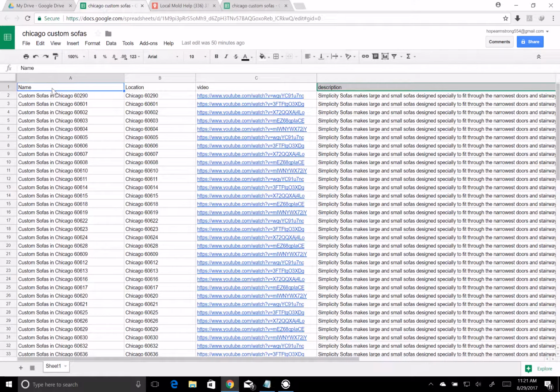But again, the name field is the name of the pins. The location is where those pins will be created. In this case, they'll be created in the center of a zip code. Could just as easily be separate cities,